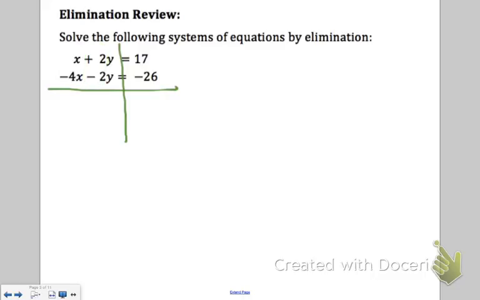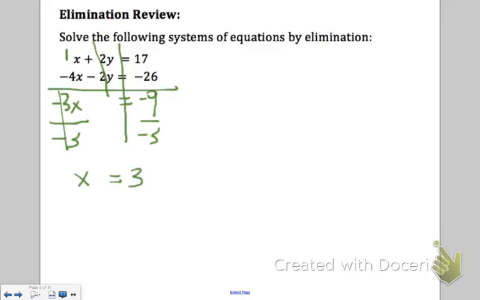So now if I go ahead and add these two equations, 1x minus 4x gives me negative 3x, 2y and negative 2y will cancel out. When I add 17 and negative 26, I get negative 9. So now that the y's have canceled out, we can solve for the value of x. If we divide by negative 3 on both sides of our equation, we find that x is equal to a